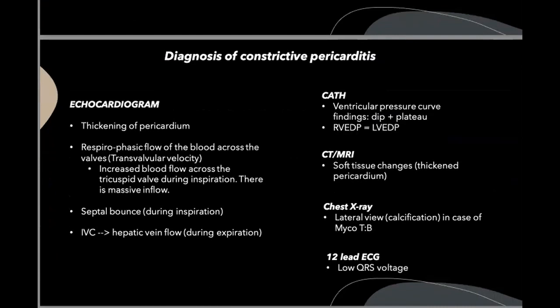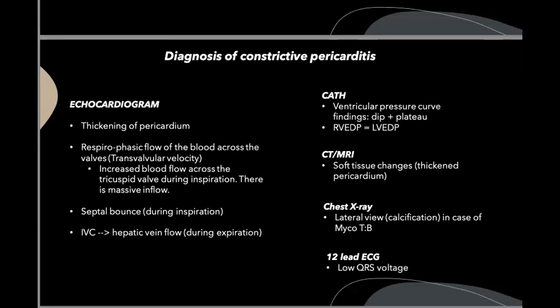We will use that, and it will show us the thickening of the pericardium, which is due to the fibrous layer being thickened. We have reciprocal phasic flow of the blood across the valve, so it generally goes with it. When you have inspiration, the venous pressure goes down, and then our tricuspid valve will have a massive inflow,